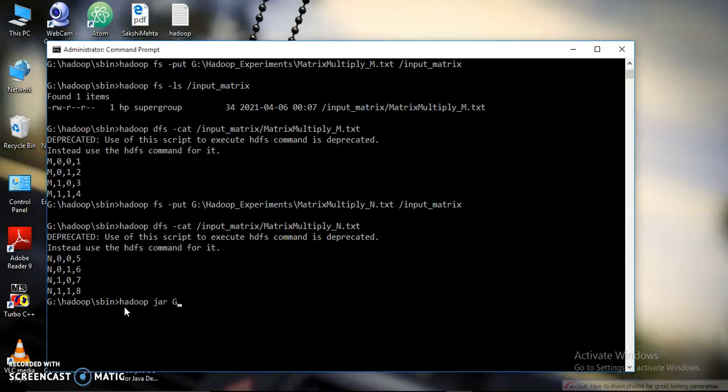First, you need to provide the location of your jar file, and the name of your jar file. Then you provide the main class name.